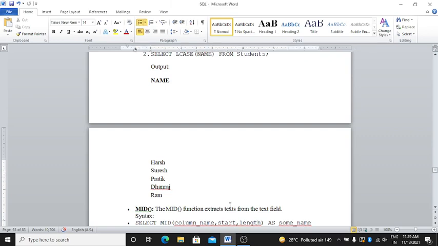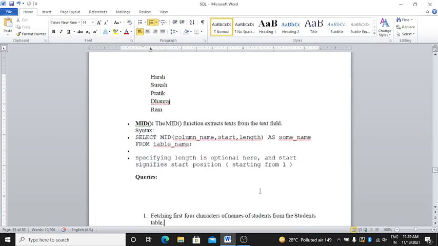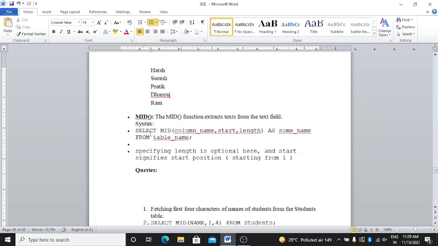The mid function extracts text from the text field. The syntax for mid is select mid column name, comma start, comma length as some name from the table name.